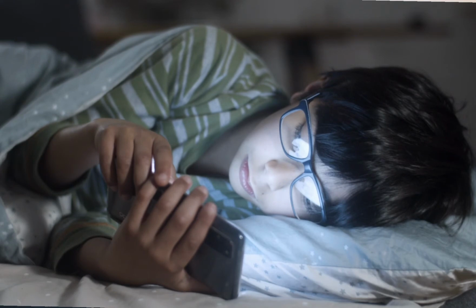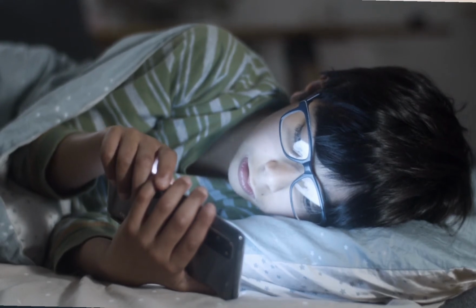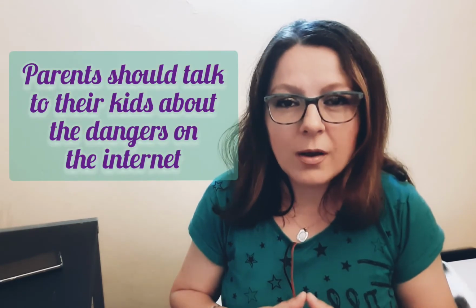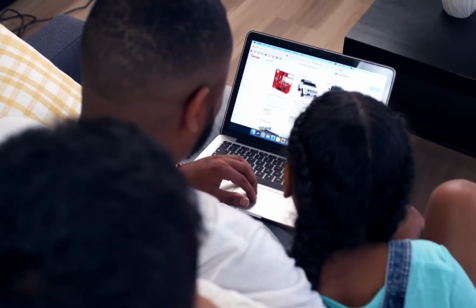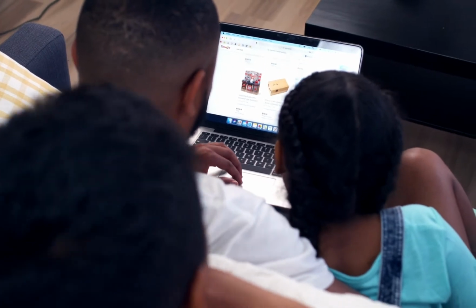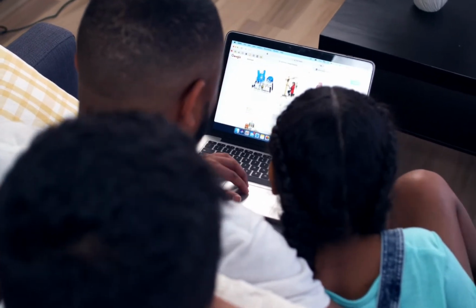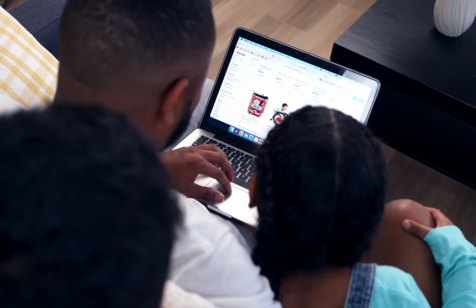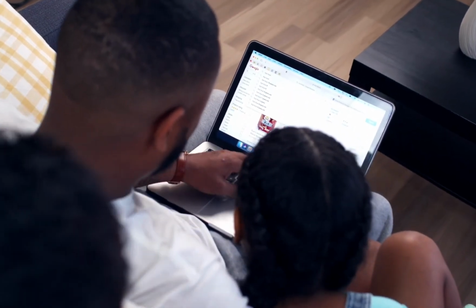Related to this subject, you should talk to your child. You should inform him that there are dangers on the internet, that there are people who have a false profile, and give him some examples. Of course, you shouldn't give him some examples to shock him or to scare him or to make him think, well, this is not quite real, maybe it's from a movie. No, you should give him some examples from, I don't know, the news, or anyway something very well documented, but in a way not to shock him, but to make him aware that